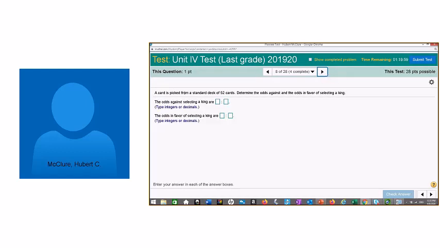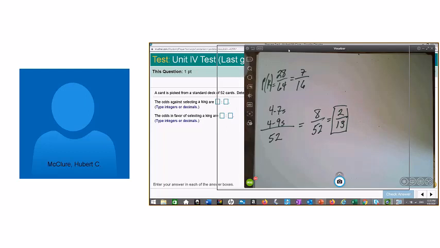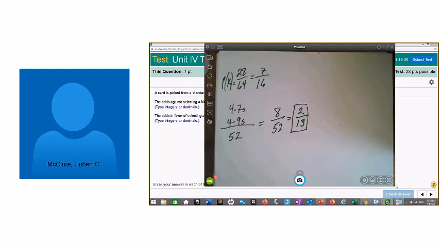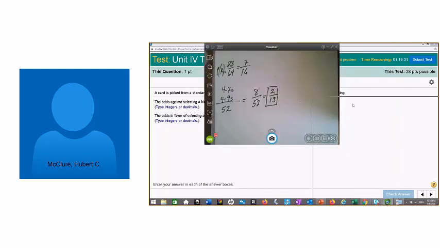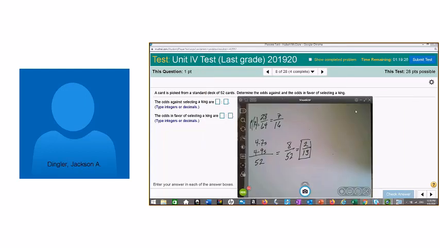A card is picked from a standard deck of 52 cards. Determine the odds against and the odds in favor, which is the reciprocal, of selecting a king. All right, we're going to do this one together. So I'm going to move this down a little bit. I want to fix it to where y'all can see it. There. All right, so